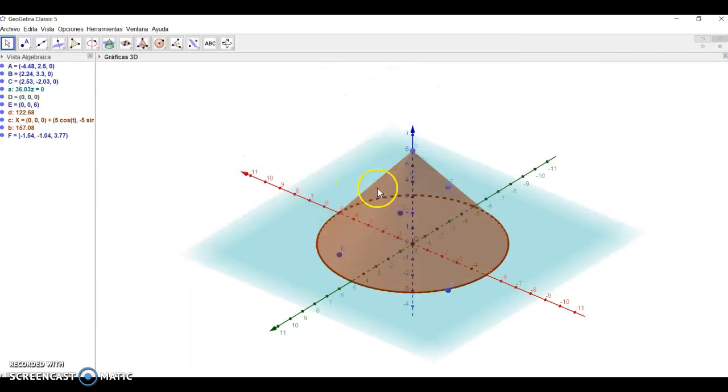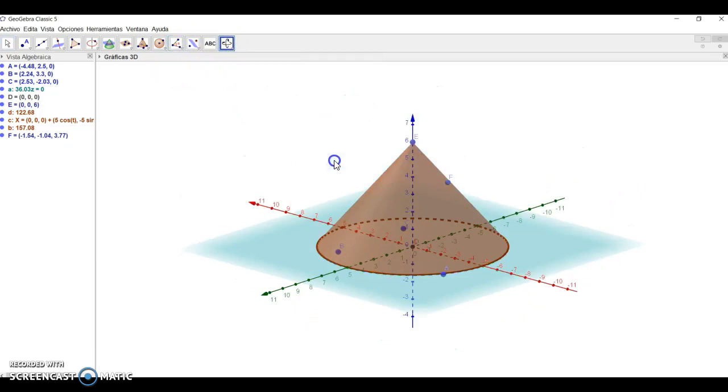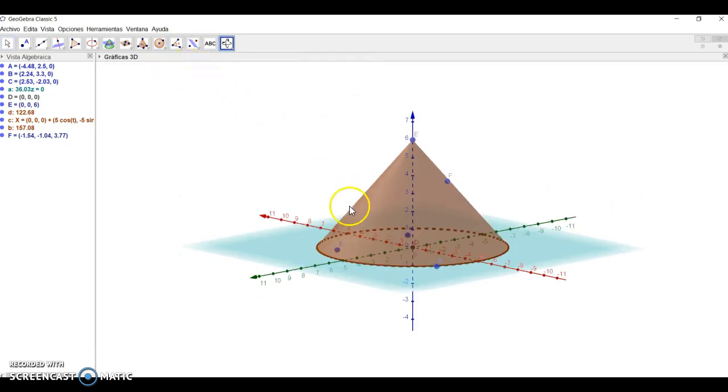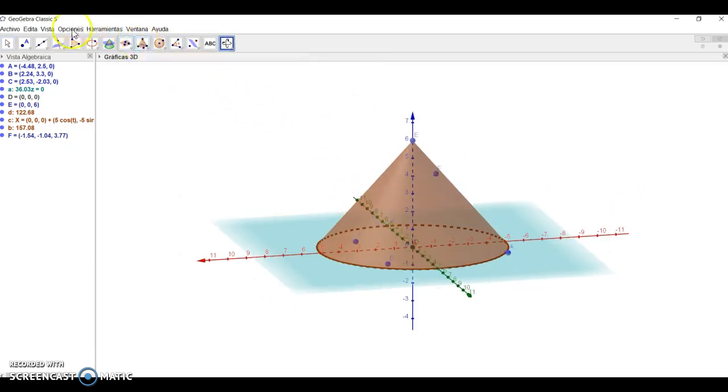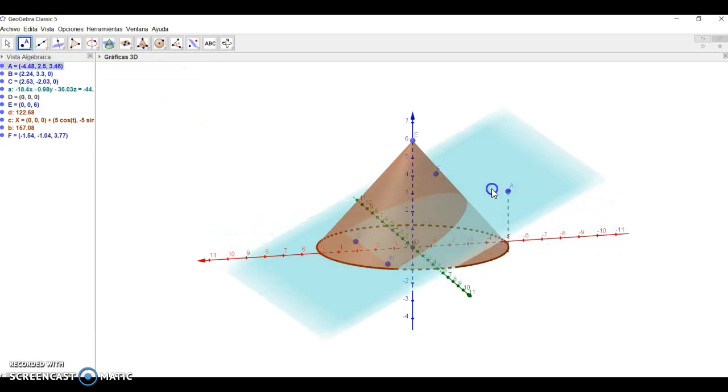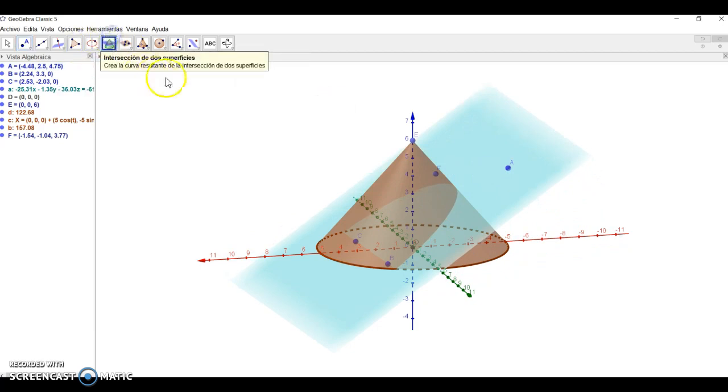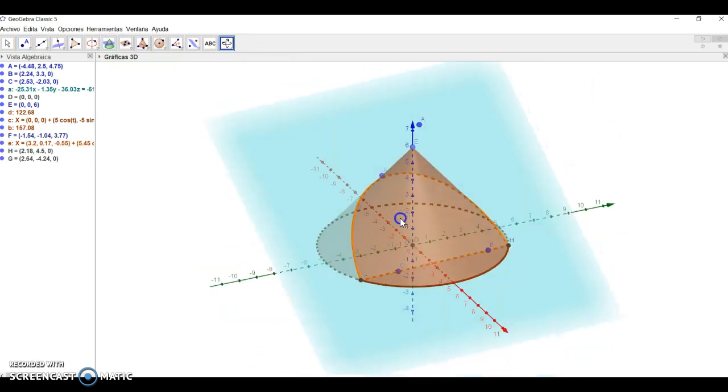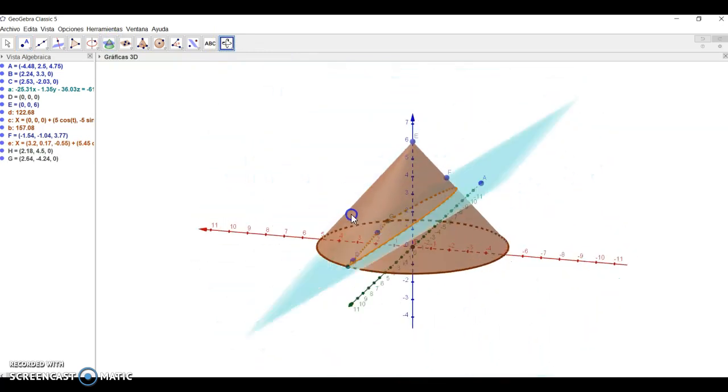I'm going to delete this plane because I'm not needing it right now. And what I'm going to do is I'm taking one of these points I created, for example this, and you can see that I can move the plane upwards. Now we have that the intersection between the cone and the plane is a parabola. Here we have the parabola,